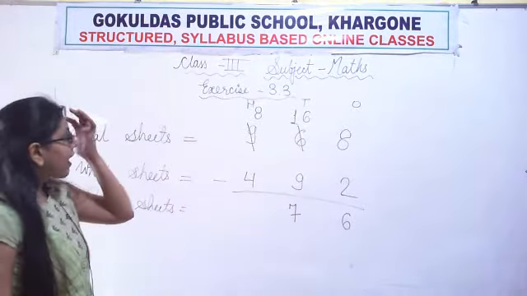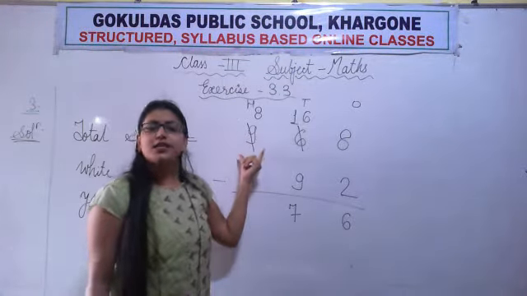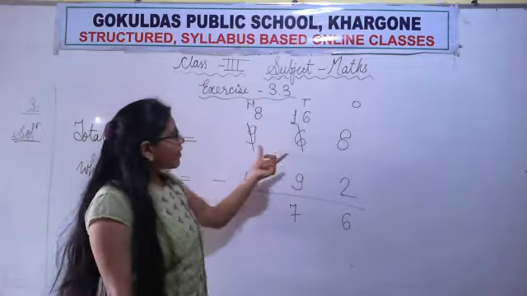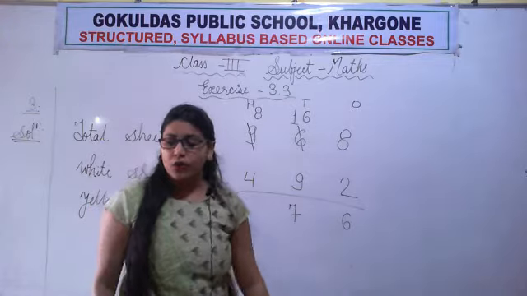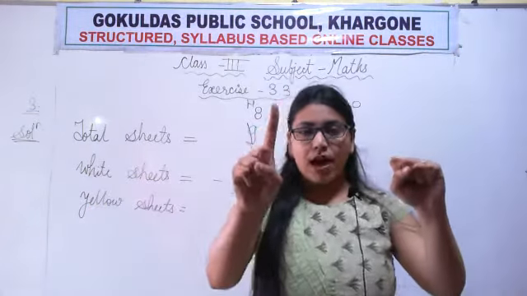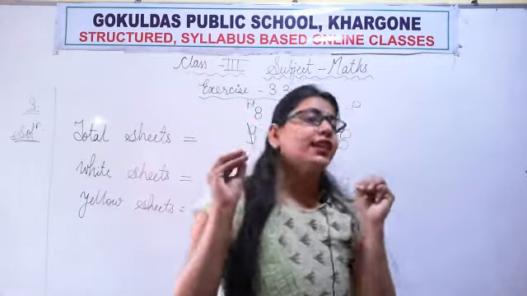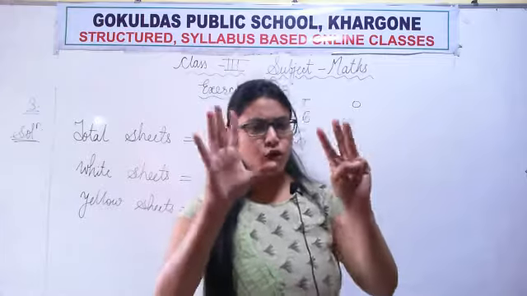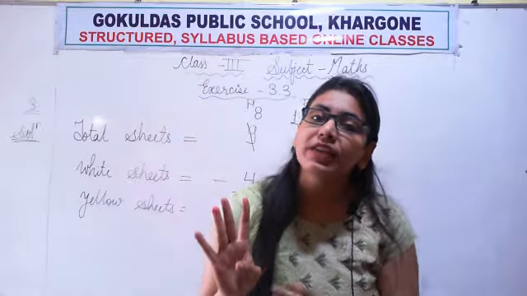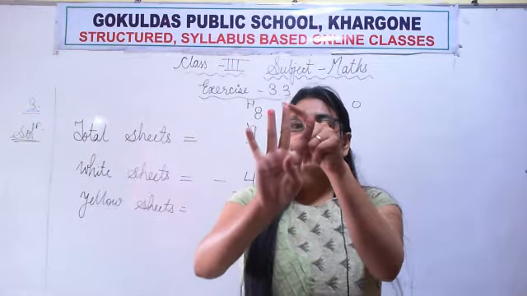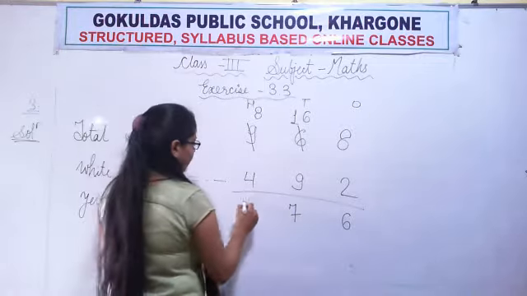Now we'll deal with hundreds column. 8 minus 4. We will not see it as 9 because it had given 100 to tens place. So now we will see 8 only. So 8 minus 4. All of you open 8 fingers with me. 1, 2, 3, 4, 5, 6, 7, 8. We'll take away 4 fingers now. 1, 2, 3, 4. Now how many fingers are left? 1, 2, 3, 4. 4 fingers are left now. So we'll write the number 4.